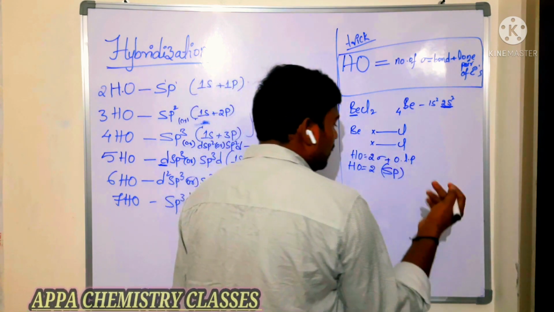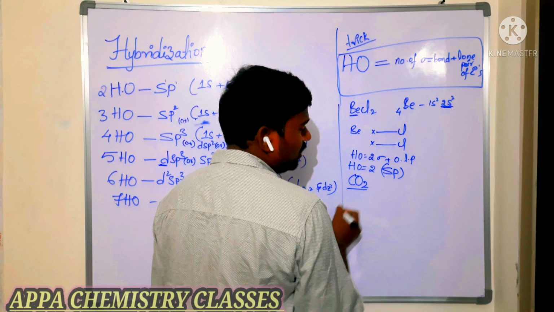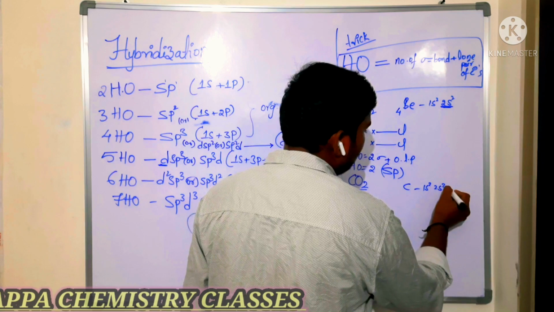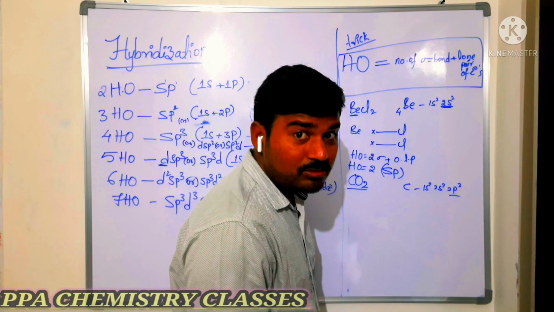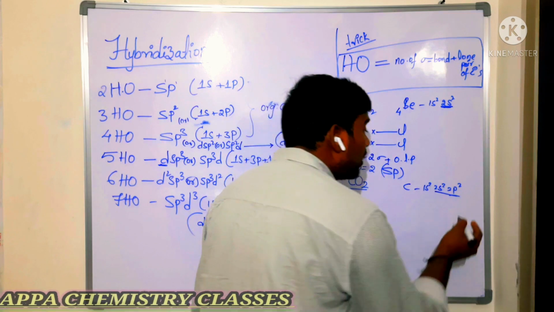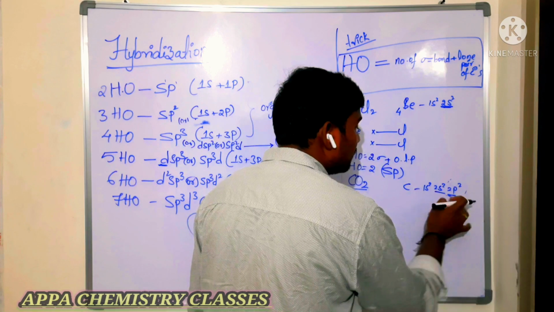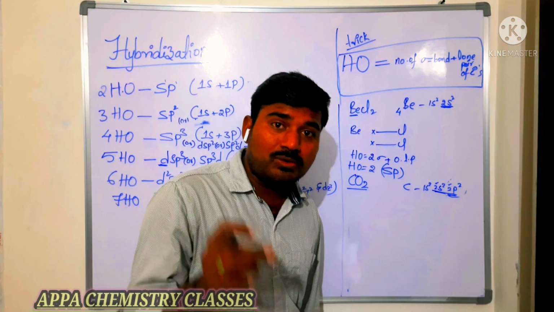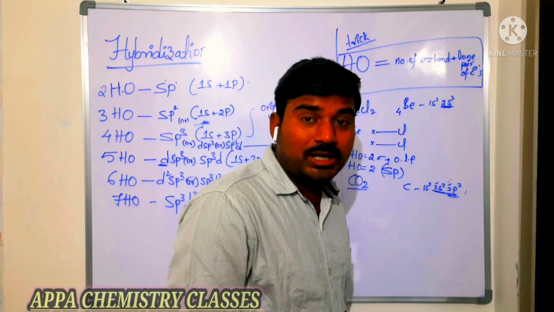Very important one. Now I am going to tell you one more, with a divalent atom, that is carbon dioxide. In carbon dioxide, the electronic configuration of carbon is 1s2, 2s2, 2p2. How many valence electrons? 2? No, it is not 2. It is a total of 4. For valence electrons you should not look only at the outer orbital; you have to look at the valence shell. Which is the valence shell? The second energy shell is the valence shell. Why do we have to consider only valence electrons? What about the inner electrons?